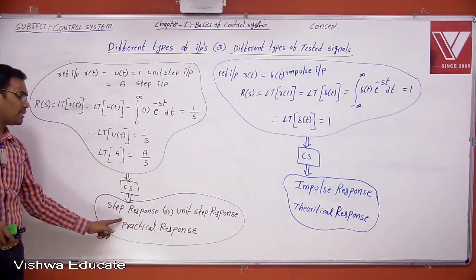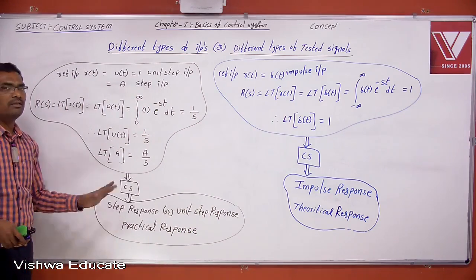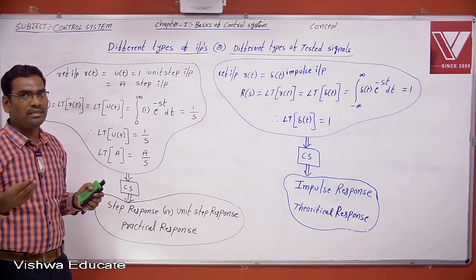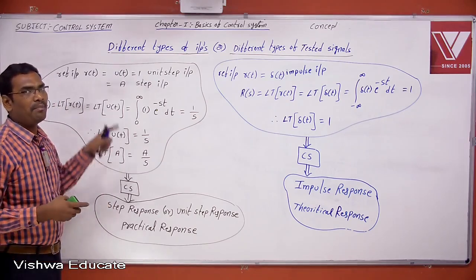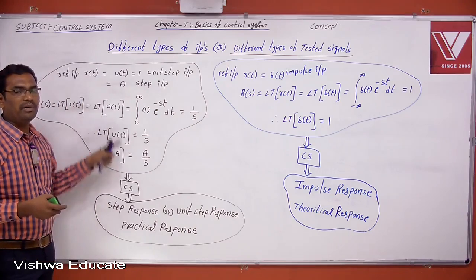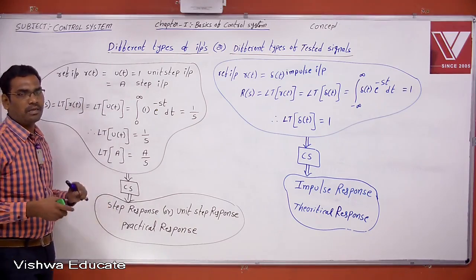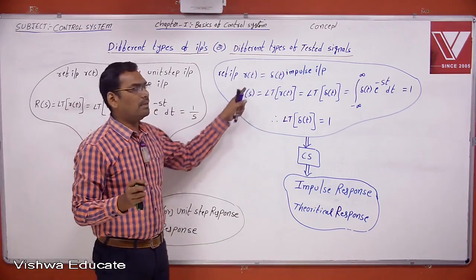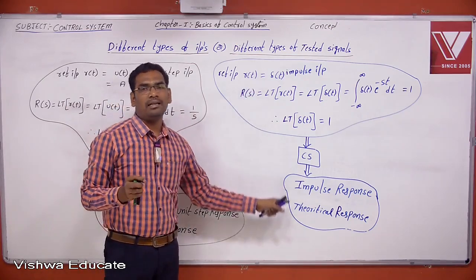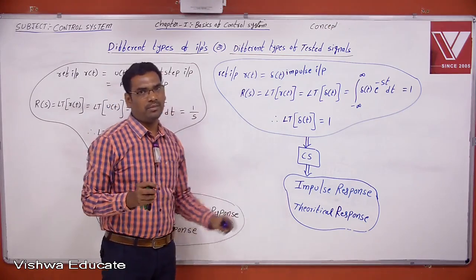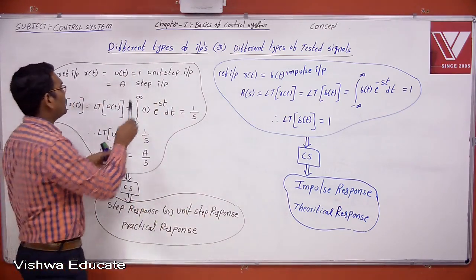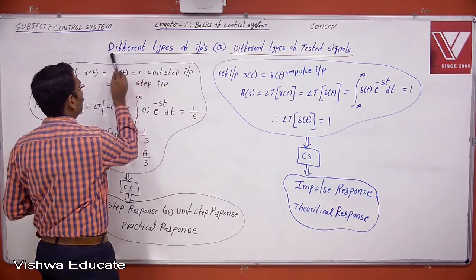For the practical response, it is a step response. Therefore, where you are doing practical responses or practical analysis, apply the unit step or step input and see the unit step or step response. For all theoretical or mathematical calculations, the best input is the impulse input and the best response is the impulse response. Okay, so these are the different types. What we covered so far is the different types